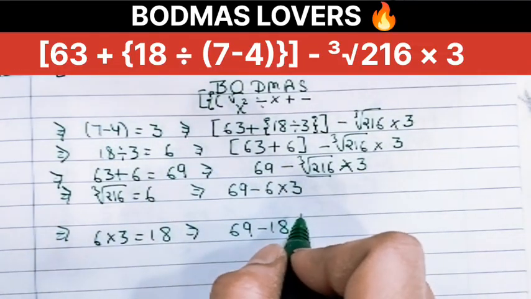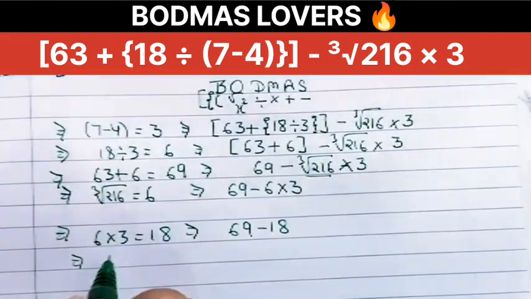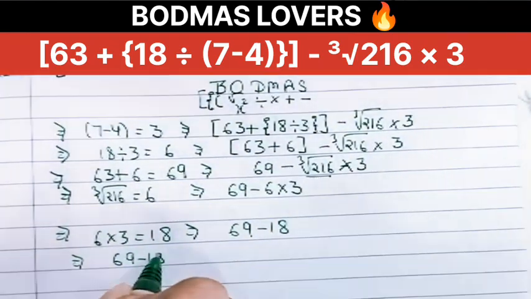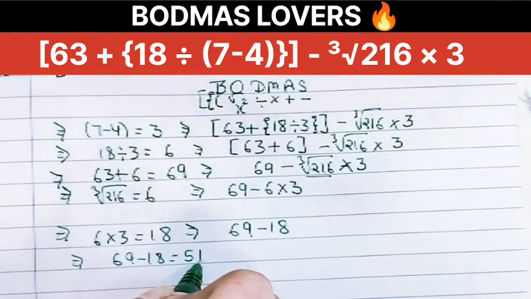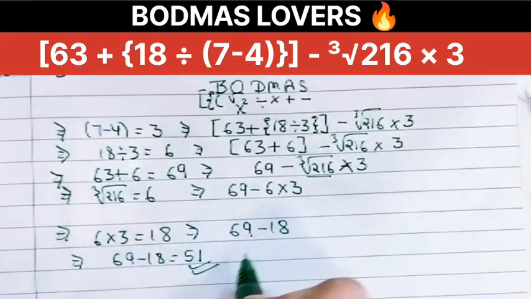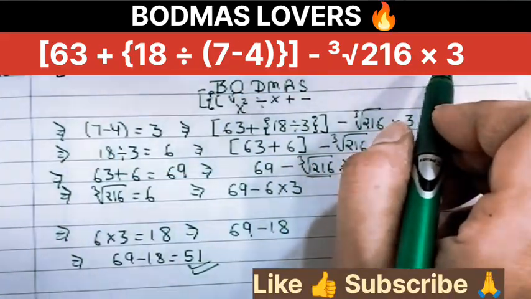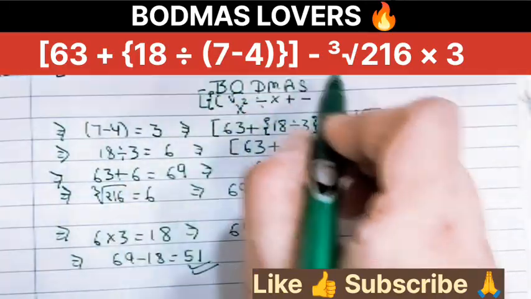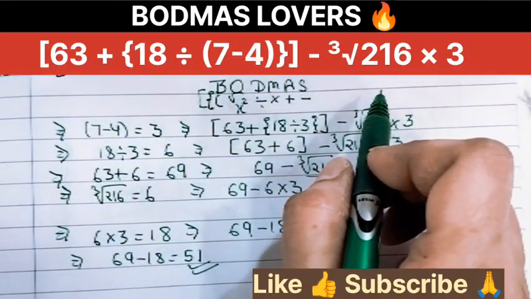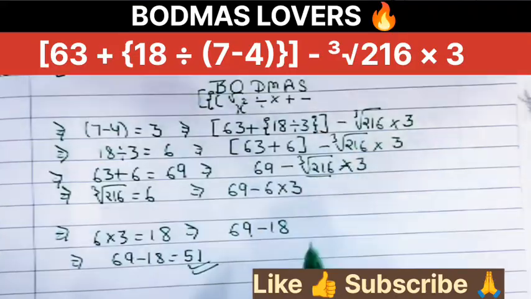Now finally perform subtraction. Subtract the remaining digits, which is 69 minus 18, and we'll get 51. The last remaining operation is complete, and the final answer is 51. Now the conclusion is that following the systematic order of operations prevents calculation errors, and the final evaluated value of this expression is